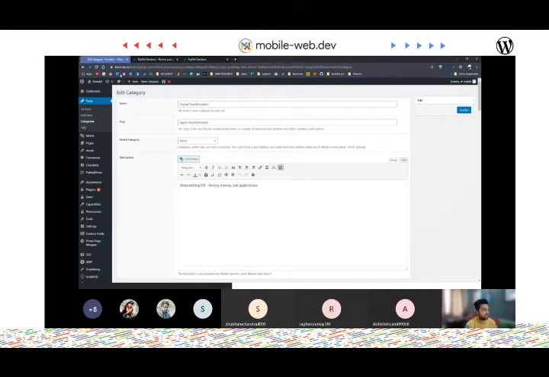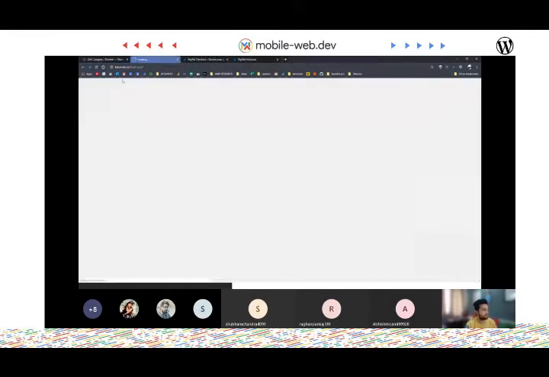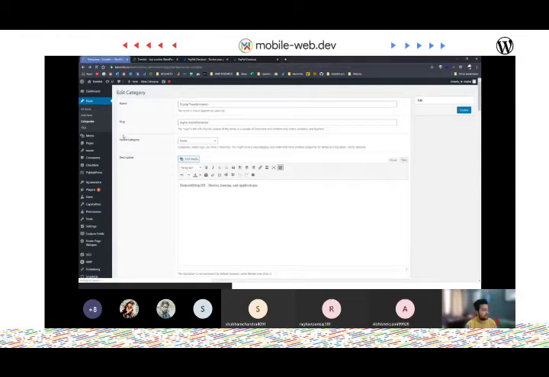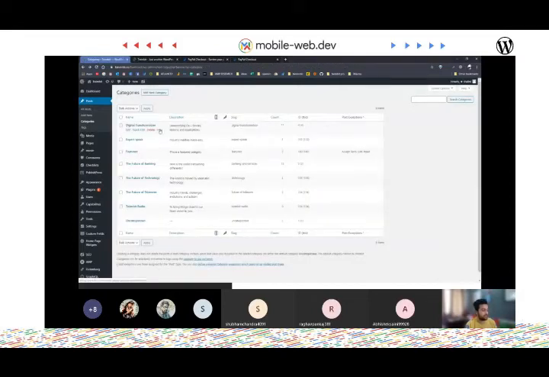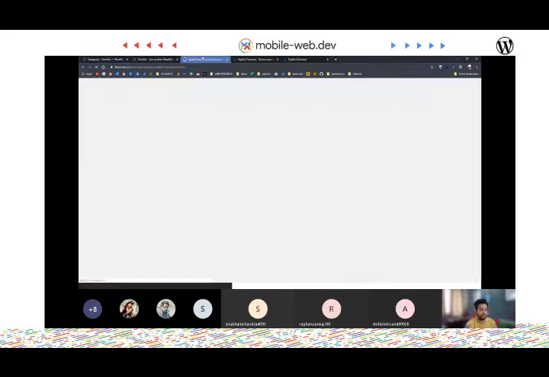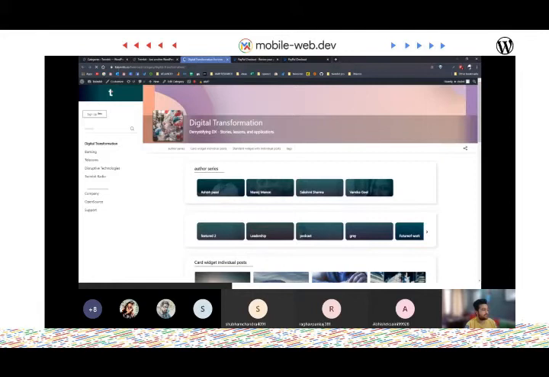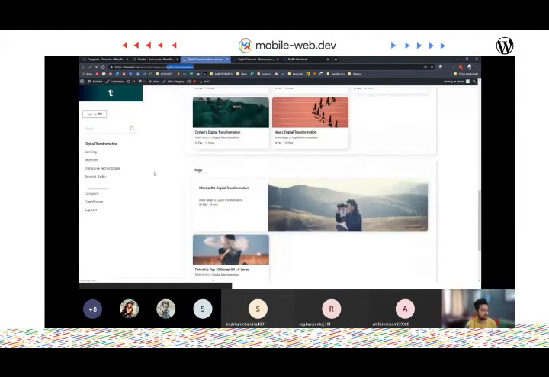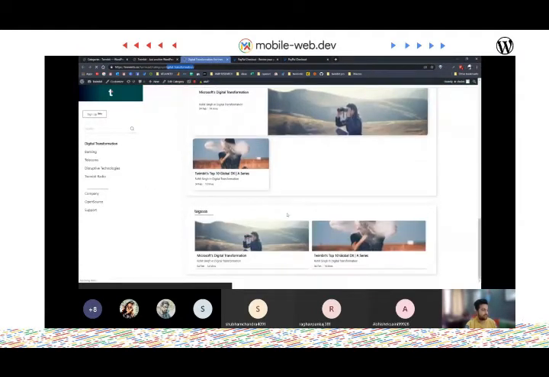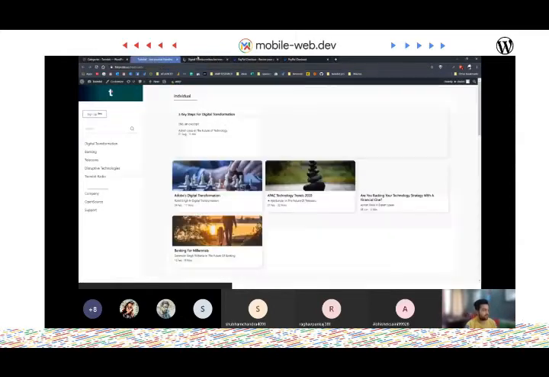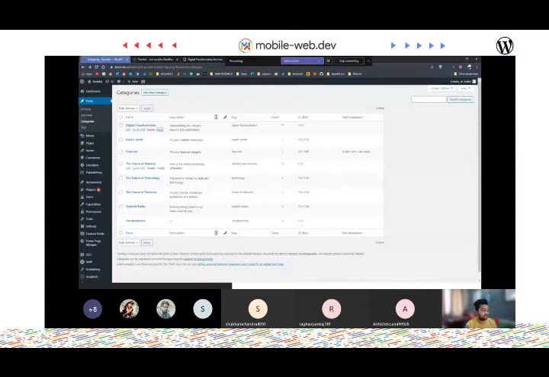Now if I visit my website, by the way, every taxonomy has its own independent view. If I go to its view, I can see the archive page, and it forms a permalink like this: your website URL slash category slash the name of that category. In this case, I have designed the category page like this, and the information is laid out in this form. At the same time, if I visit a different category, such as future of banking, I can see a different page.